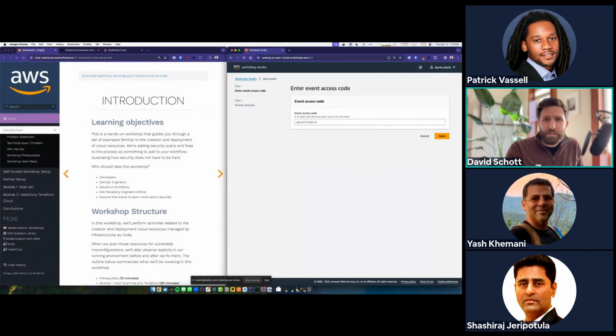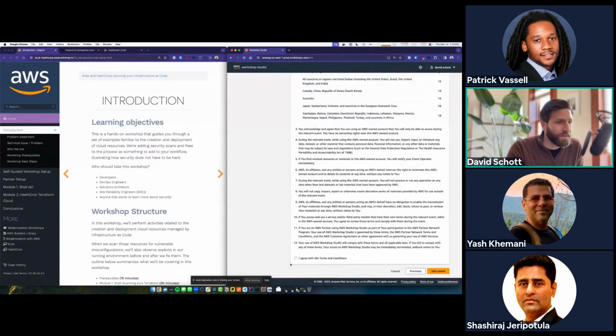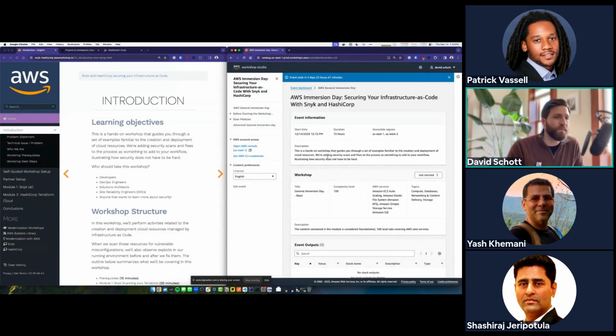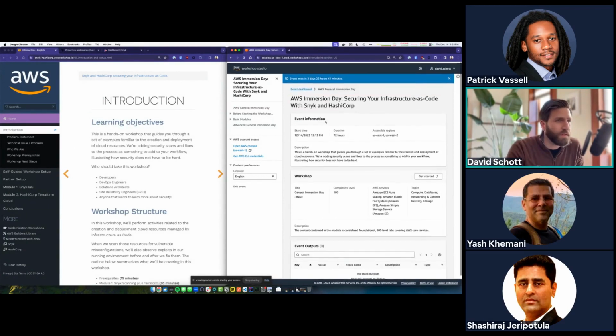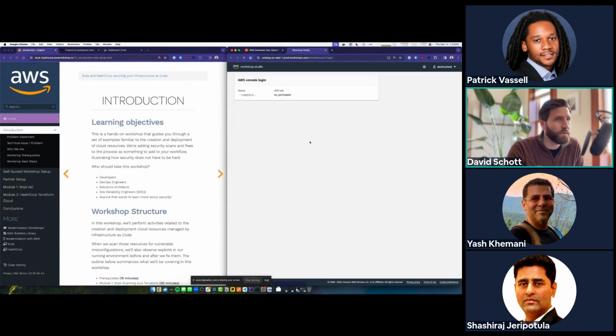All right, so let's first get logged into our AWS environments just by copying the code. And I might need to do the approval process. No, I don't. That's good, because I just did this yesterday. I think I can skip that step. So we have to go through and agree with the T's and C's and then join the event. So when we're on this screen, the most important thing is really just the AWS console link right over here. So click that and open your AWS console.